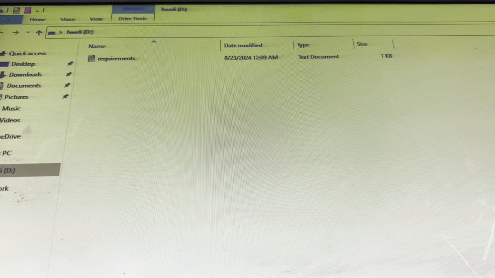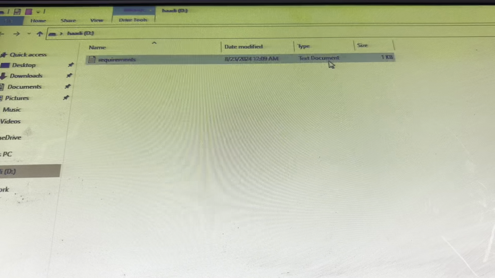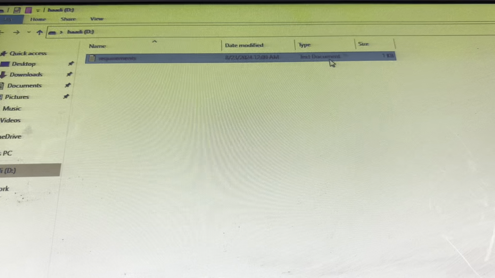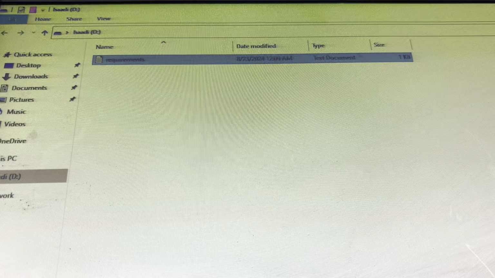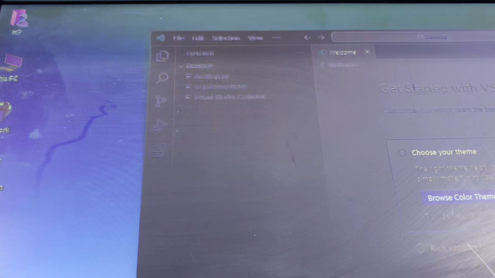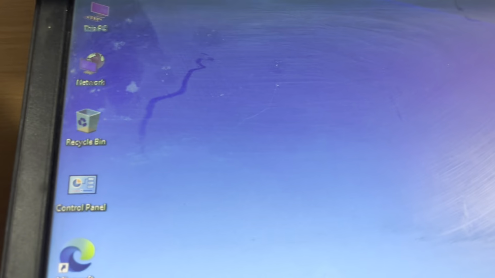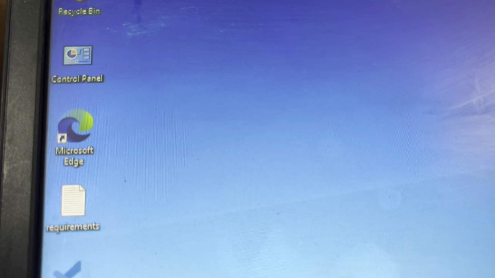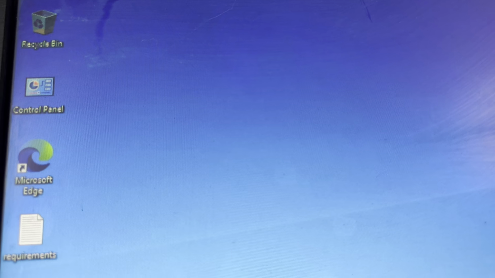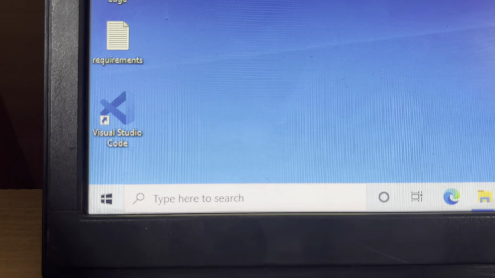So whatever I am doing, you must have downloaded this file. Take this file from this folder and take it to your desktop. Paste it here, like it's already pasted, and go to the Windows search bar and type